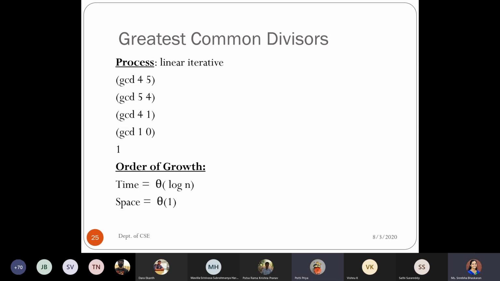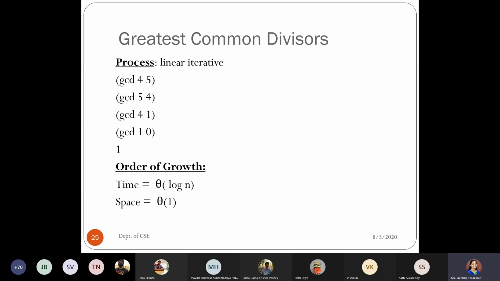Theta of 1 only seems correct. So these two put together we say complexity, right? Yes, ma'am. So I have split that with respect to how many steps are required. It is not growing or the same as your input value.